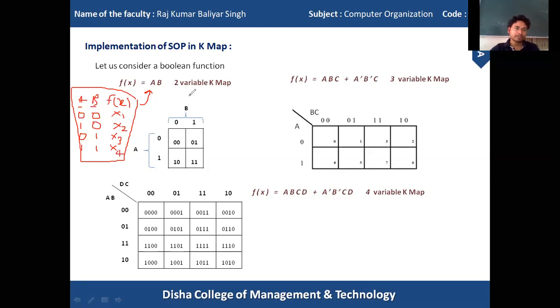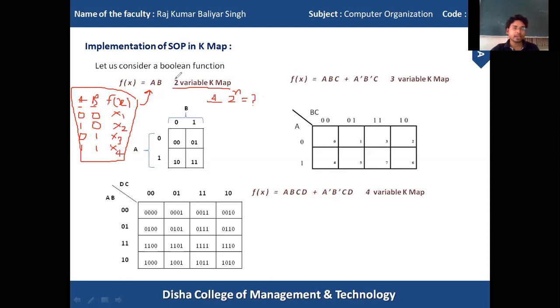So let's discuss the two variable K-map, how we can construct it. If it is two variables, then the number of cells in the K-map will be 4. It has a formula, 2 to the n, where n is the number of variables. The result is the number of cells in the K-map.